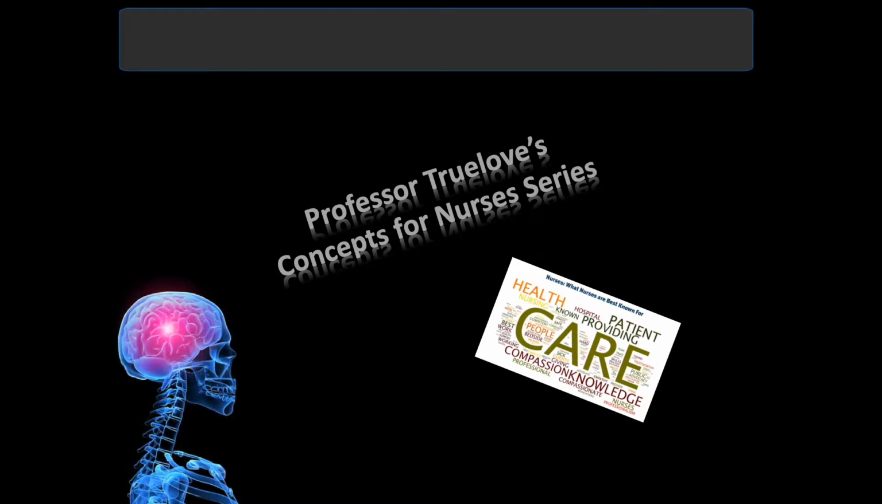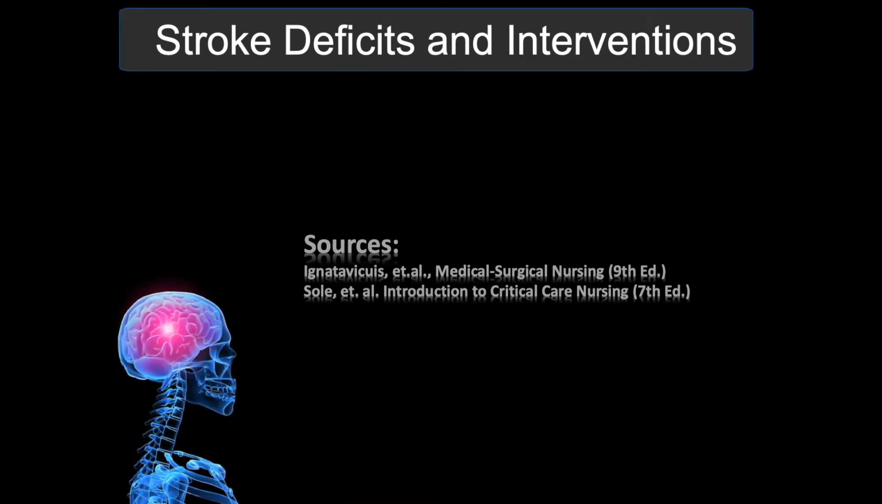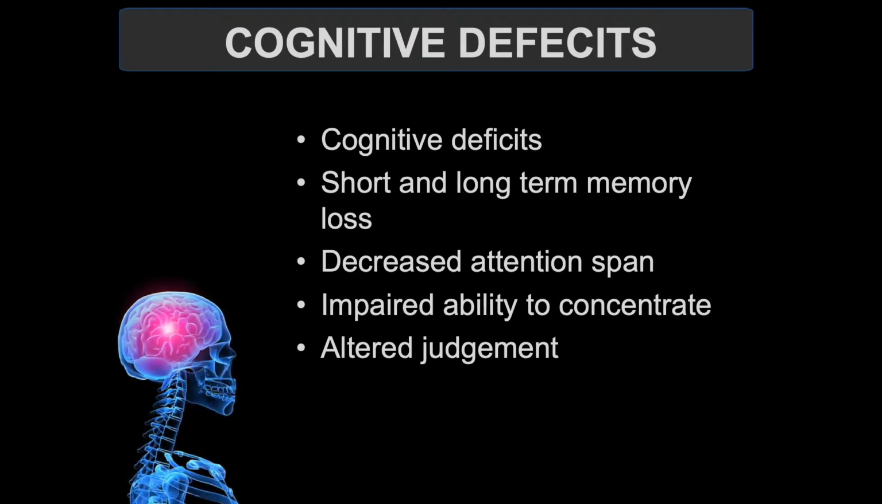And in this episode, we will be continuing our discussion about strokes, talking in this case about stroke deficits and interventions. As usual, we will be using as our sources Iggy's Medical Surgical Nursing 9th edition, as well as Soul's Introduction to Critical Care Nursing 7th edition. In a previous episode, we discussed strokes and what they are and how they're classified. In this episode, we're going to be looking at the manifestations of that stroke, and we will discuss some of